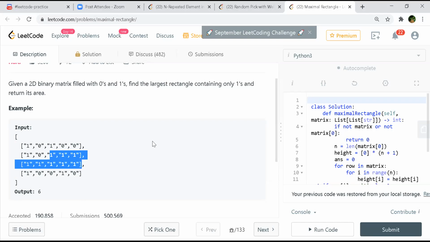Okay, so it's the largest rectangle that we have to find, and the largest rectangle will contain only ones. So it's not a square. If it would have been a square, we had a problem a couple of weeks back, right?